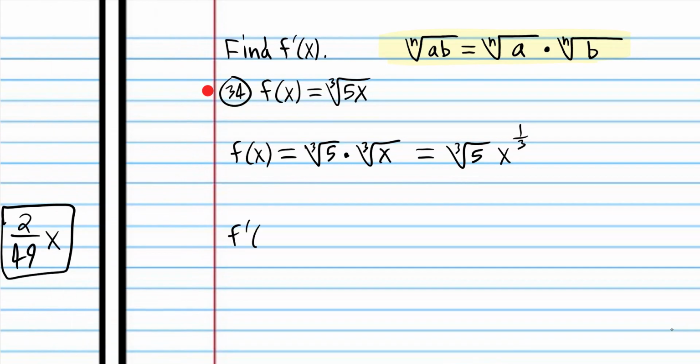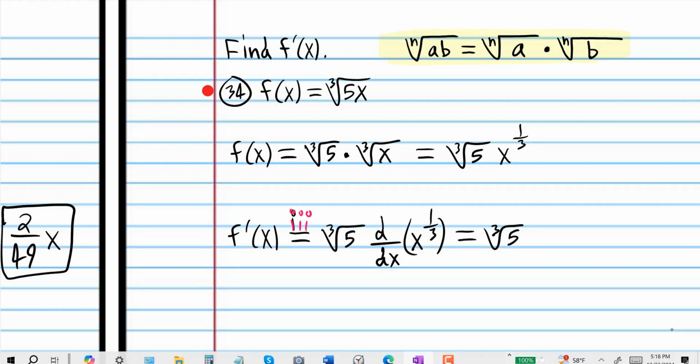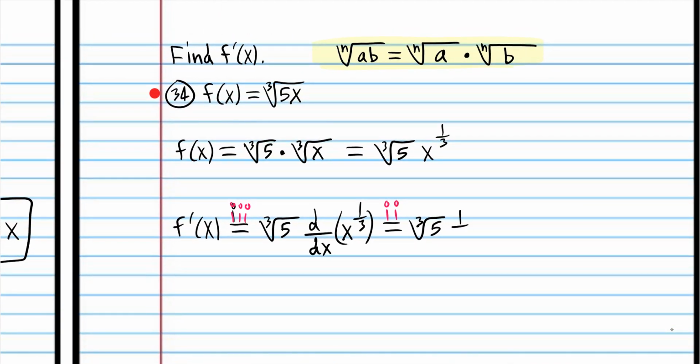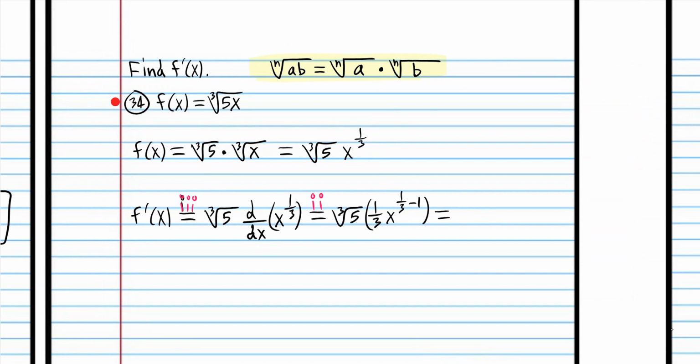And now we're ready to find the derivative. So the derivative is the cube root of 5 times the derivative of whatever that function is. And then, of course, we're going to use the power rule, differentiation formula number 2, which tells us to bring down the exponent and then subtract 1 from the previous exponent, and we get the